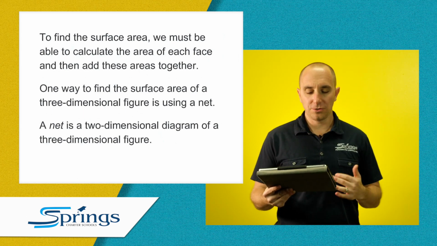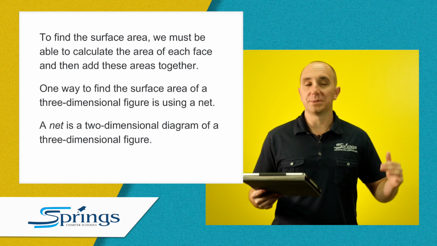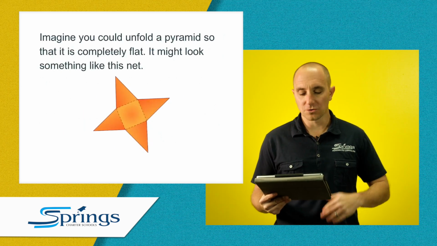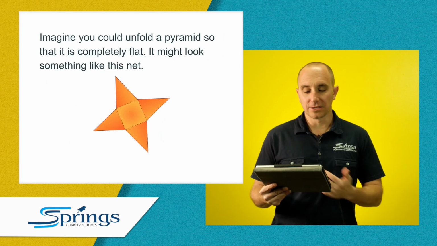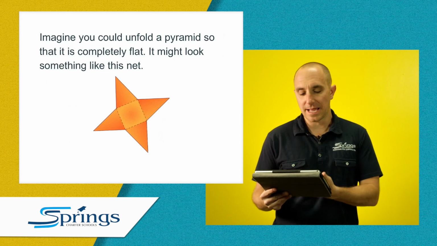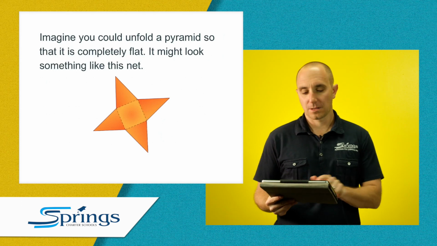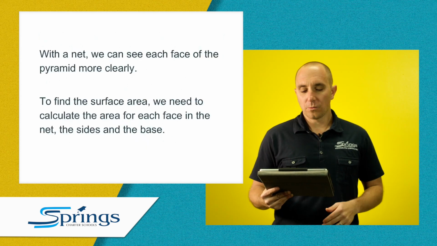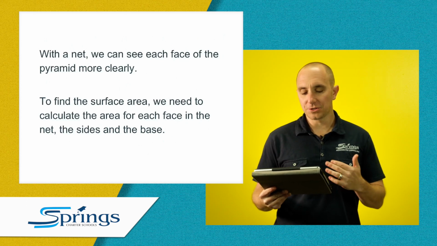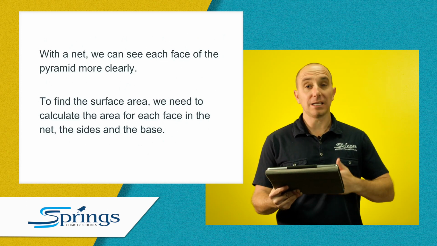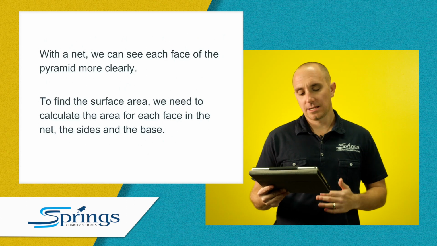A net is a two-dimensional diagram of a three-dimensional figure. Okay, so imagine you could unfold a pyramid so that it is completely flat. It might look something like this. So this would be a net of a square pyramid. Okay, with a net, we can see each face of the pyramid more clearly. So to find the surface area, we need to calculate the area of each face in the net, the sides,